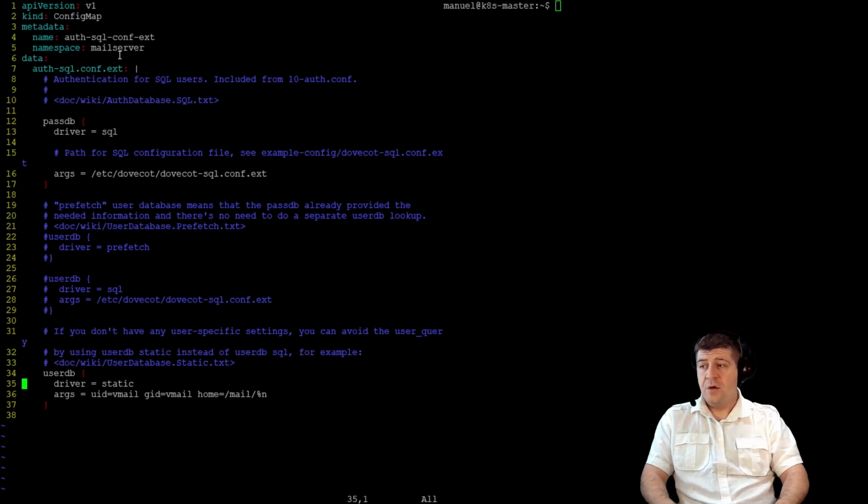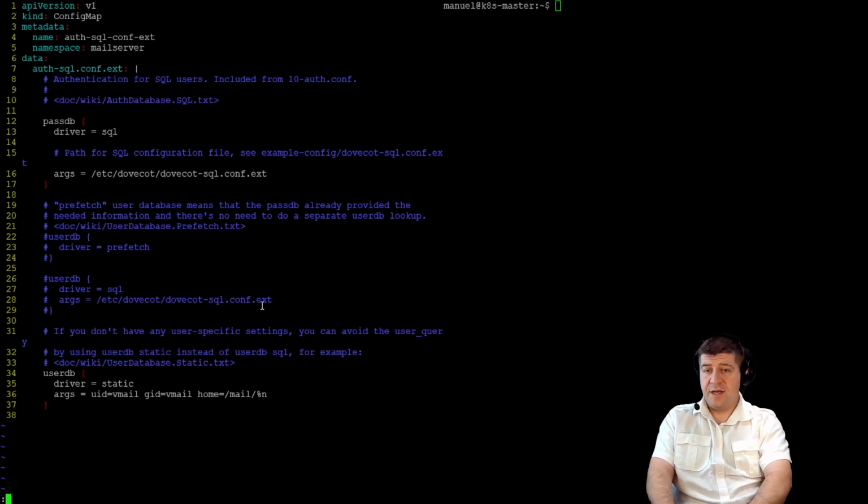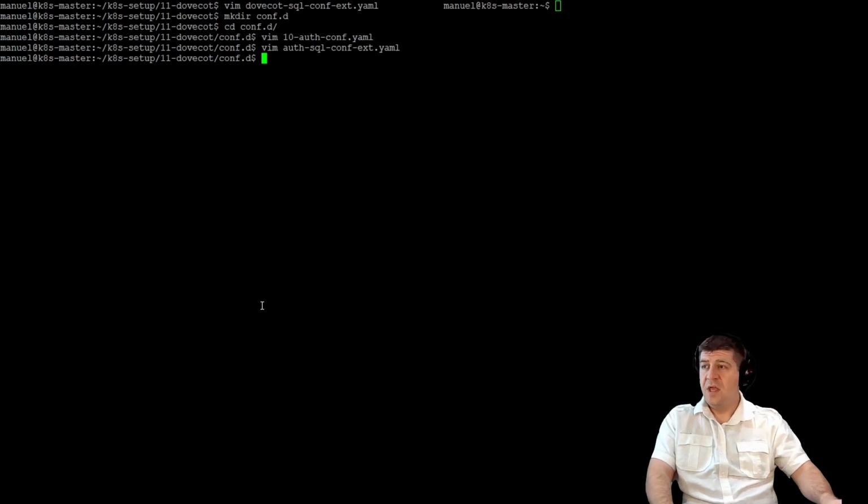Further down, we see the static driver in the userdb section and the arguments being the vmail user and group, and the home for each user is /mail/%n, where %n stands for the user that we pulled from the database. That's already it for this file, so now let's write and quit and move on to the next file, which